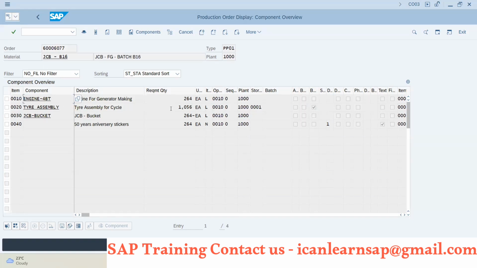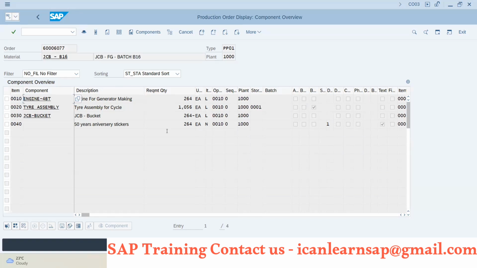Suppose your company has 300 engines in stock, and 264 are blocked. If somebody tries to take out 50 engines from your storage location through the system, they will face the error that out of this 300, 264 stock is marked for reservation. So you cannot use that. It is a simple meaning of it.